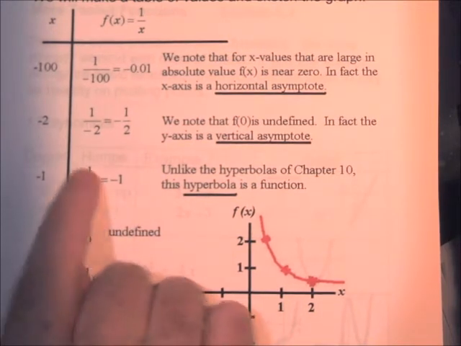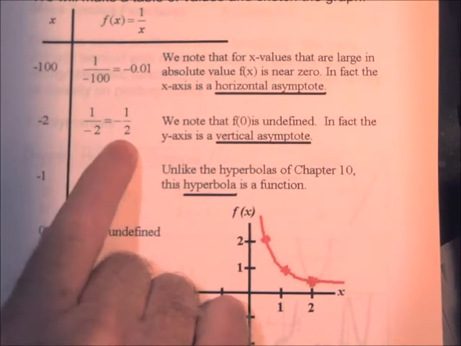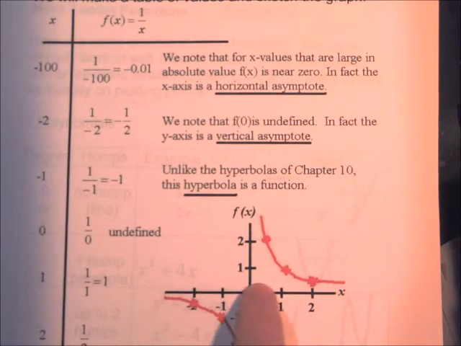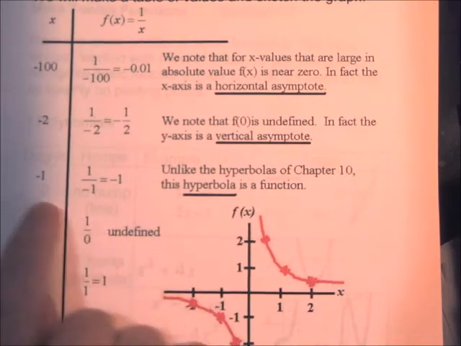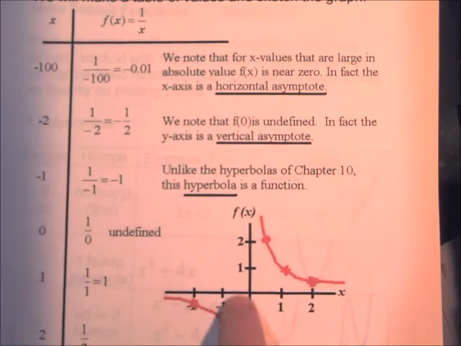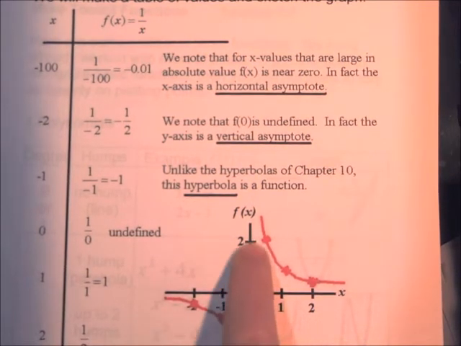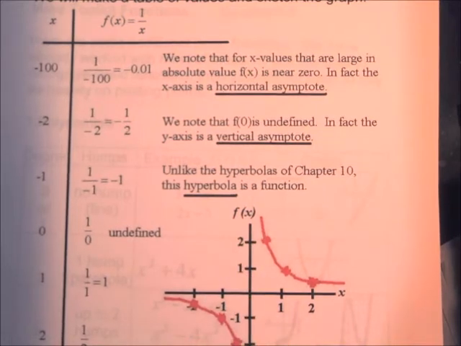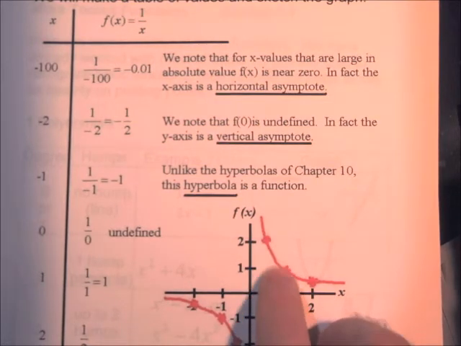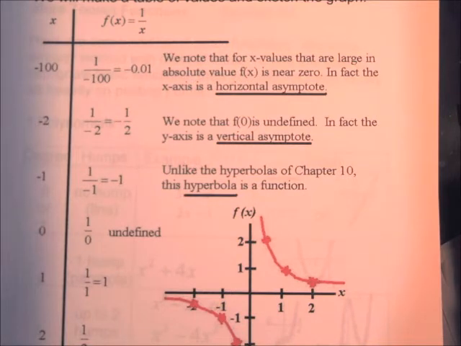I plotted negative 2, negative 1/2. That's 2 to the left, down a half. 1 to the left, down 1, that's right here. 0 is undefined, so I can't cross the y-axis where x is 0. 1 to the right, up 1, and 2 to the right, up a half. I actually plotted a couple extra points too, but that's enough to